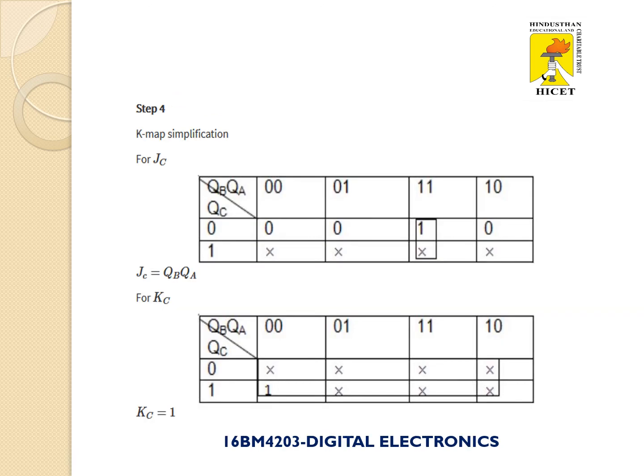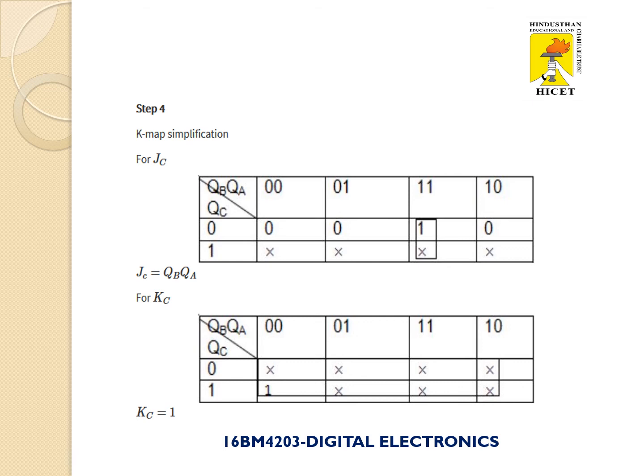After developing the state table, you can go for K-map. Now we have 3 variable present state. So consider a 3 variable K-map by considering JC as an output. JC as an output means you have to enter the value of JC in the cell. This is the meaning of JC as an output. So consider a 3 variable K-map. The JC value must be entered in the corresponding cell.